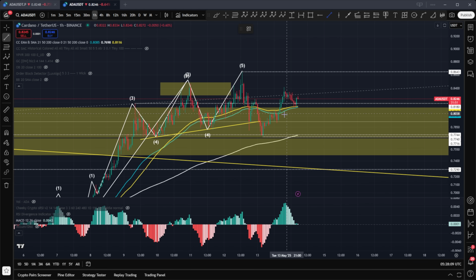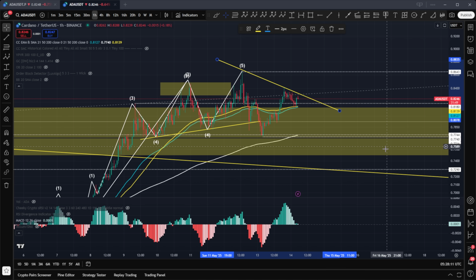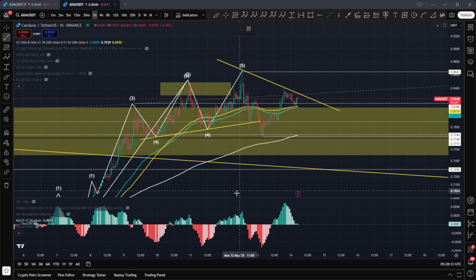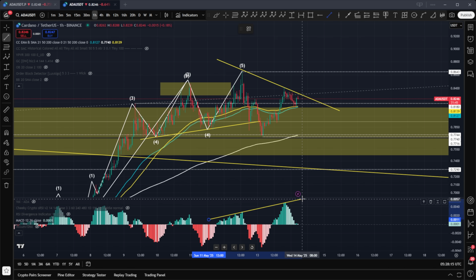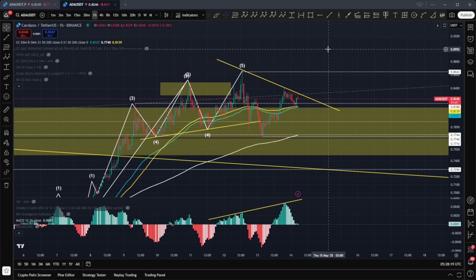From the MACD histogram, growth here, whilst actually having a lower high. This is bullish divergence, right? So we have lower highs on the price action, but we have higher highs on the histogram. This is a great setup. So it does look like we are to find support, and we're going to continue this run higher. And basically this bullish divergence is a great setup for further appreciation on the price action.